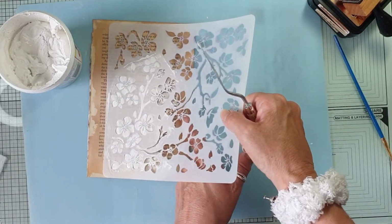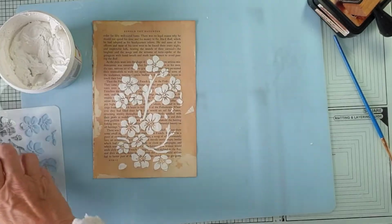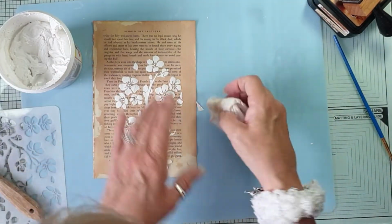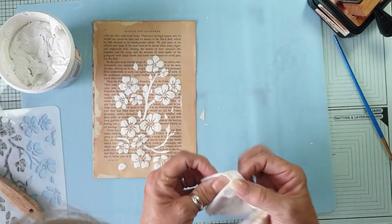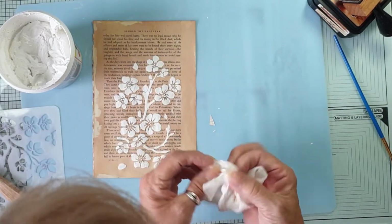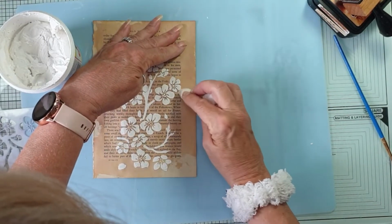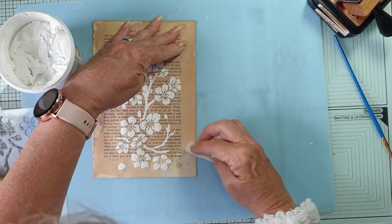And then all I do is I put my finger on there, and there we are. So I've got a bit here that I don't want. So all I'm going to do is I'm going to wipe it away. Yeah, it'll leave a white mark, but, and sometimes you find that